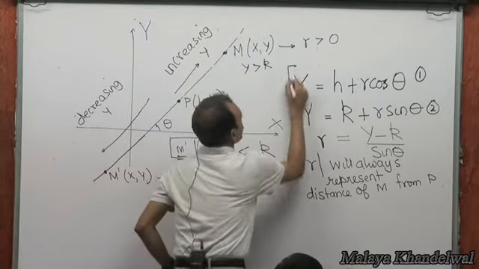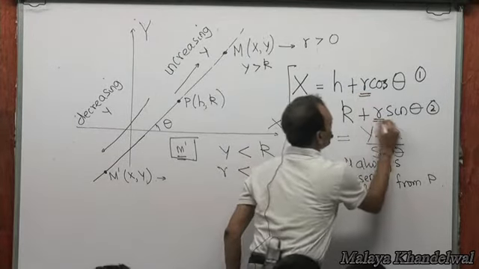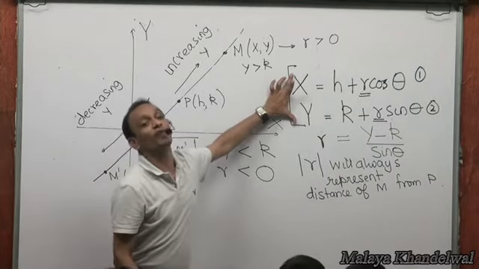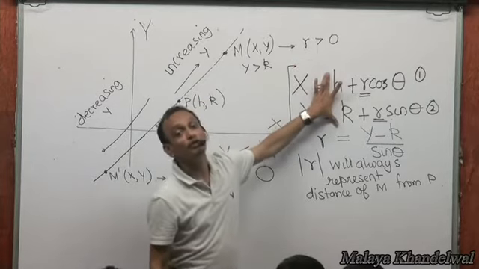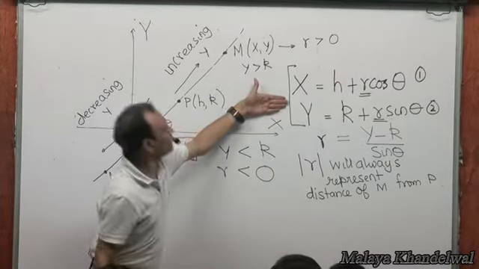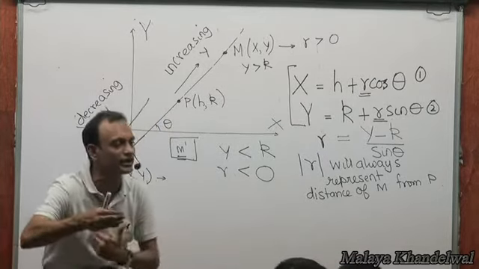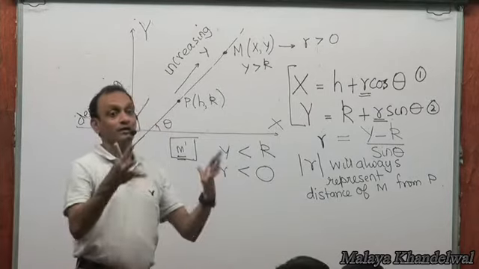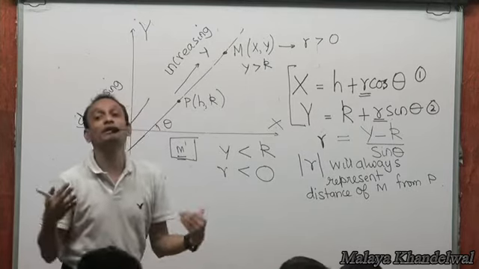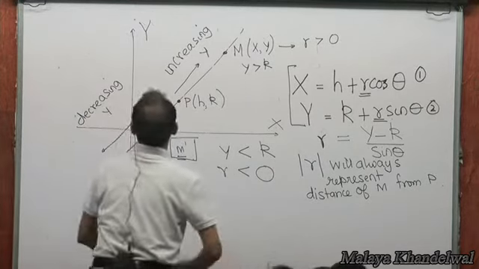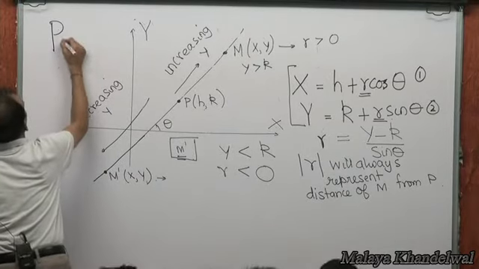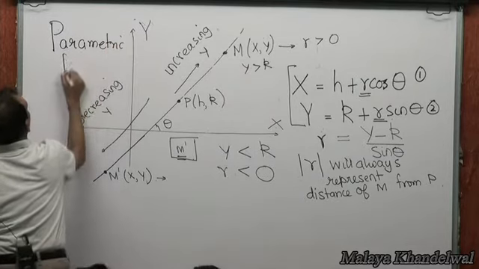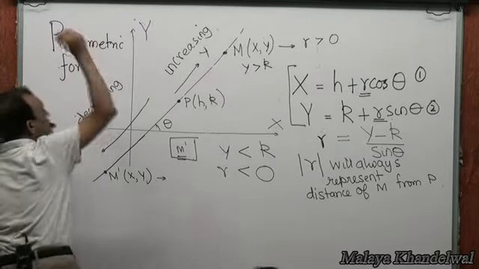And this would be, given the algebraic r for any point, the x and y coordinates of that point could be obtained with the help of these equations. Now in this pair of equations, x and y are not directly communicating with each other. They are communicating with the help of a parameter r, agent r. And this form of the equation of a line is called the parametric form of the equation. This equation of the line is referred to as the parametric form. What is the parameter? The parameter is r.